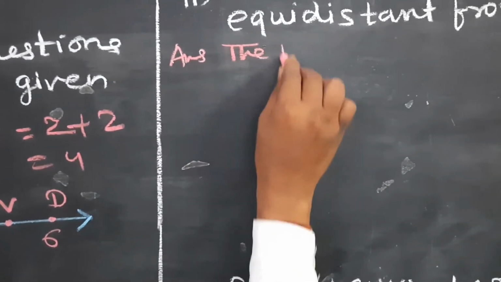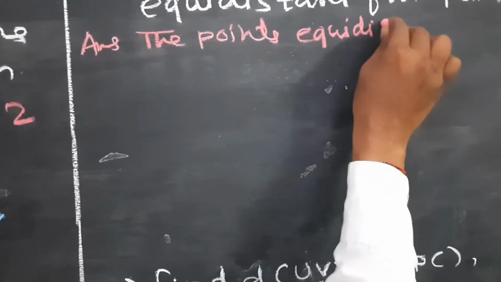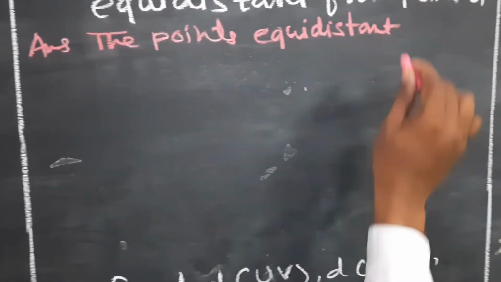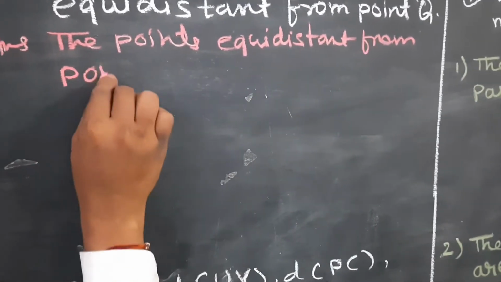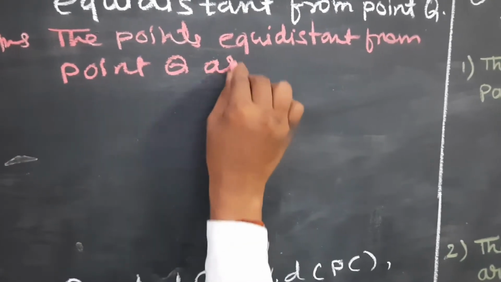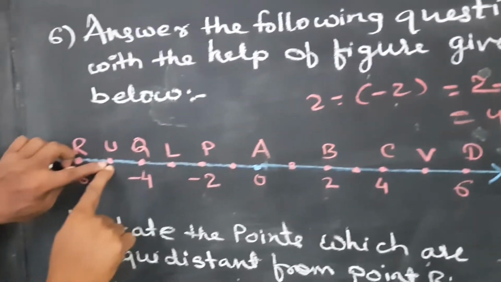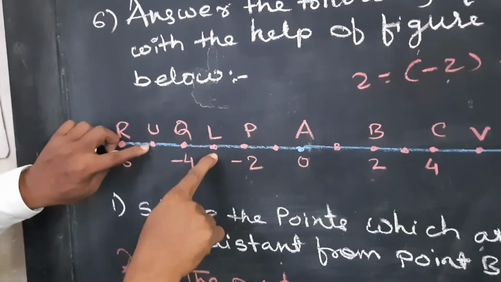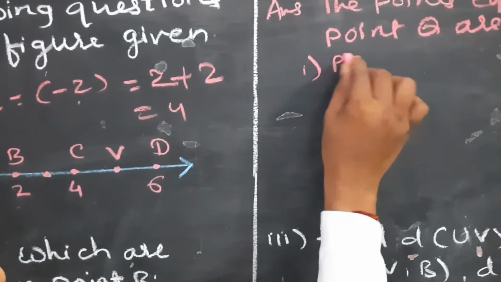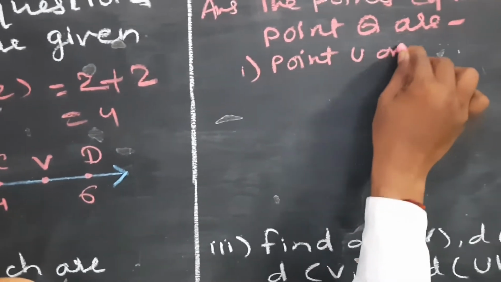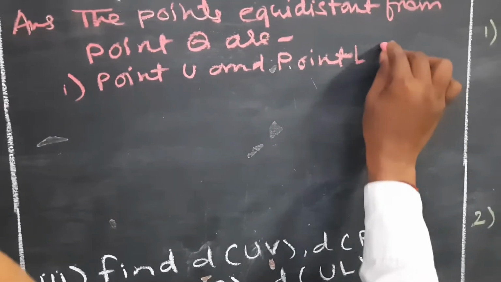The points equidistant from point Q are, the first one you can observe, point U and point L. I am going to write the reason: point U and point L, because